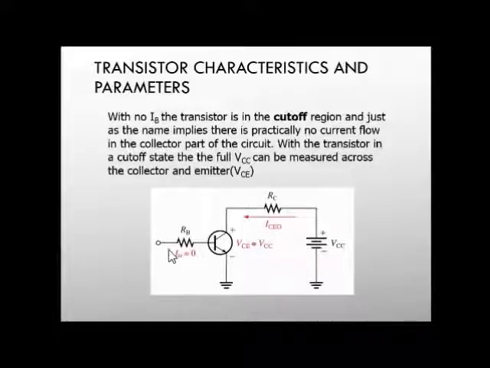As no current is flowing through this IB, it doesn't make a path for the collector current to flow through this collector emitter junction, and hence you can measure the voltage across this VCC. This VCE is equal to the VCC in this case, because no current flows through this junction from the collector to emitter region, as IB is equal to 0. We need to remember that IB makes a path for the collector current to flow, but in this case, while IB is 0, no collector current flows, so VC is nearly equal to VCC, or you can say they are exactly equal.